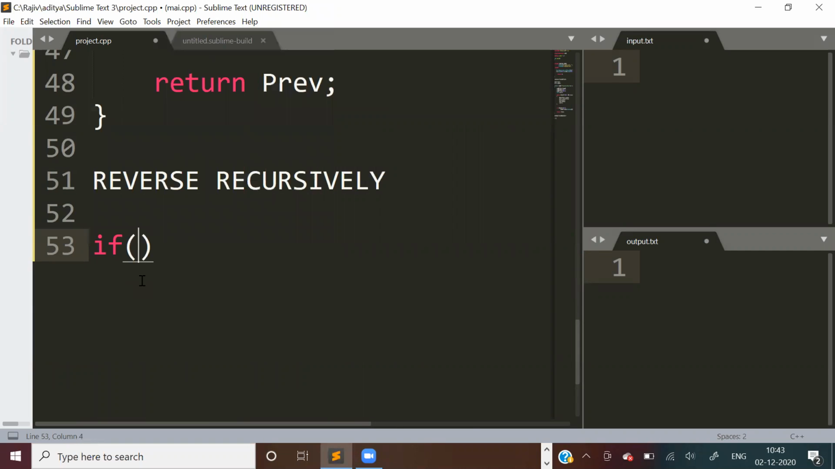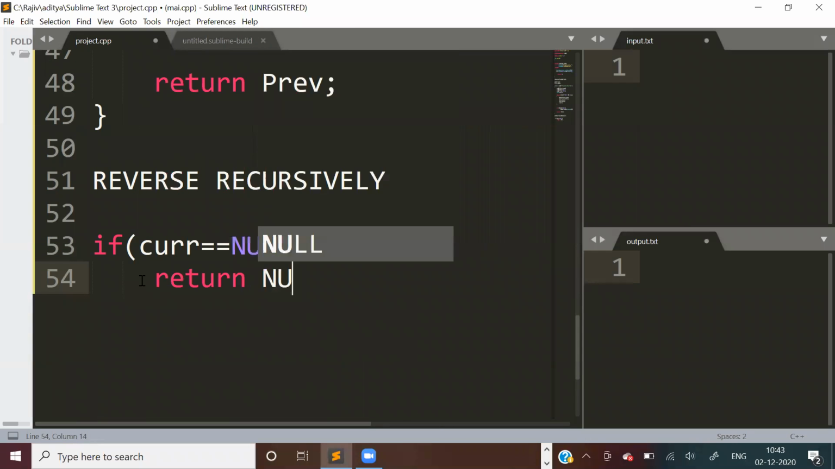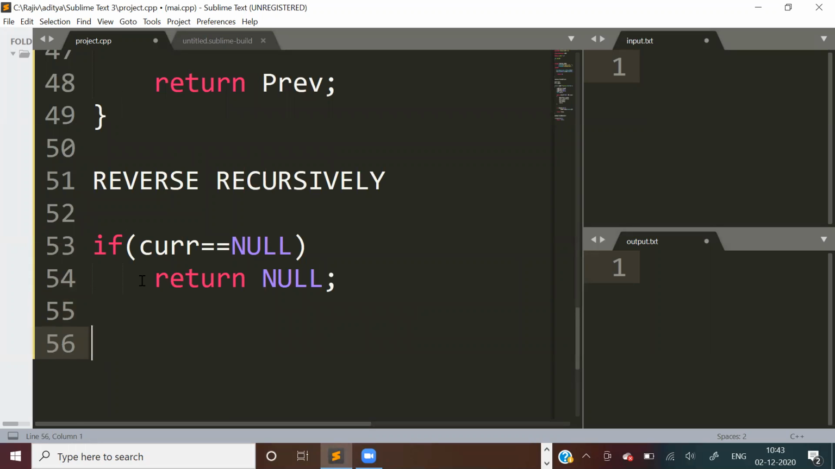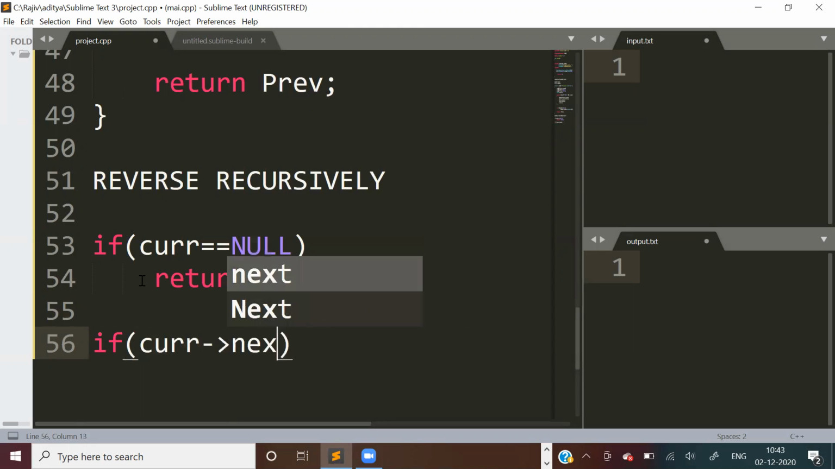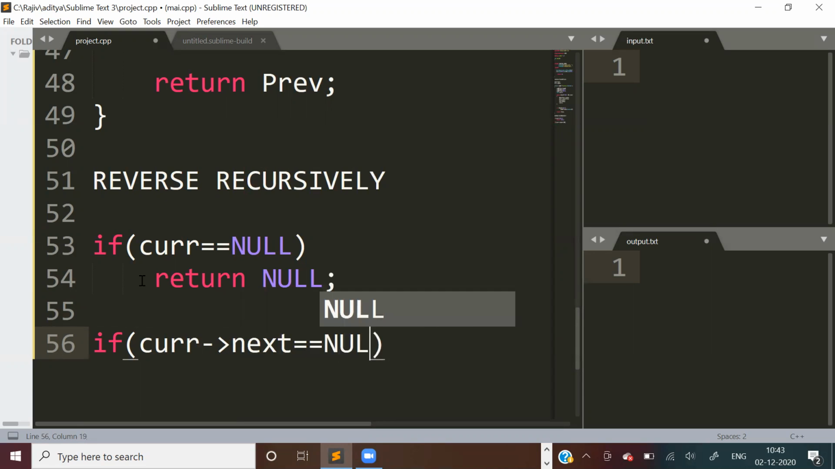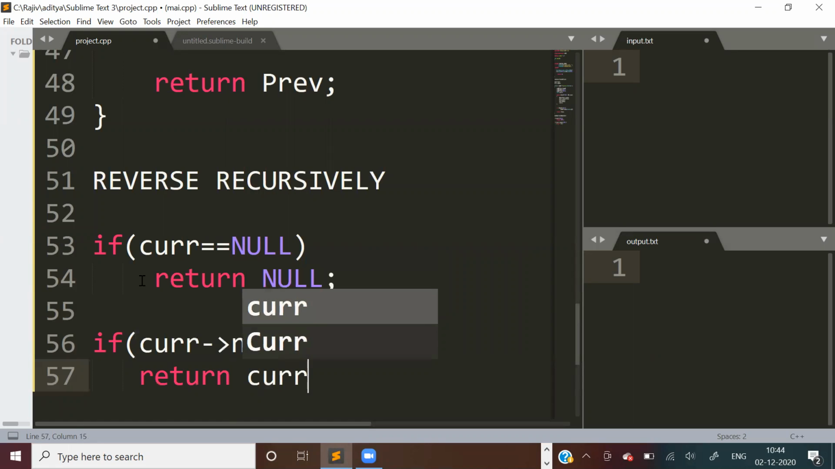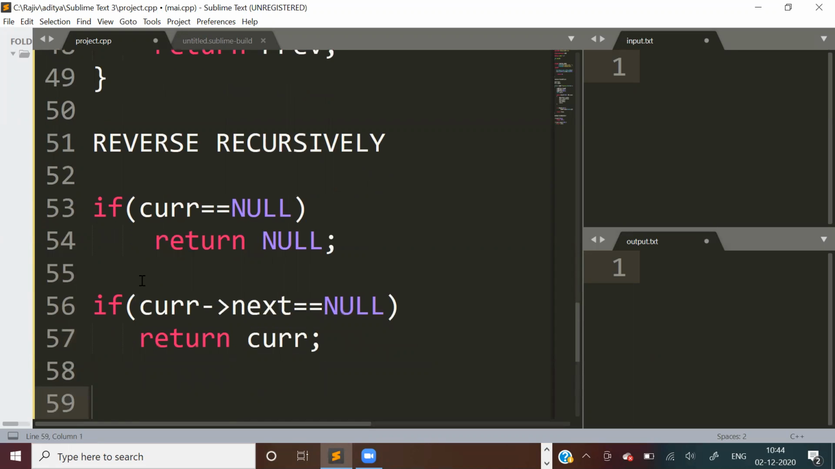We will first check if current is equal to null. We will return null. We will check if current's next is equal to null. That means there is only one node. We don't have to do anything. We will return current. Otherwise,